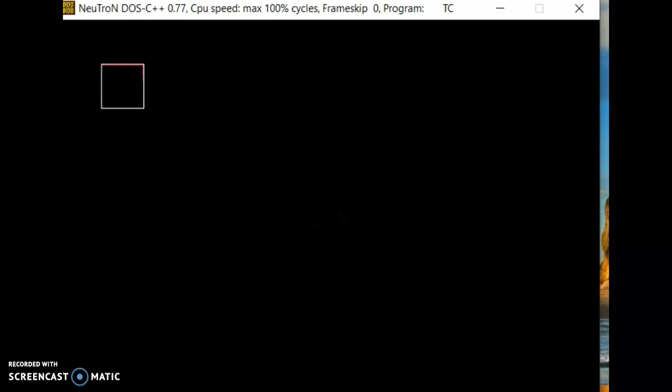You can see that the rectangle is being filled with a color.